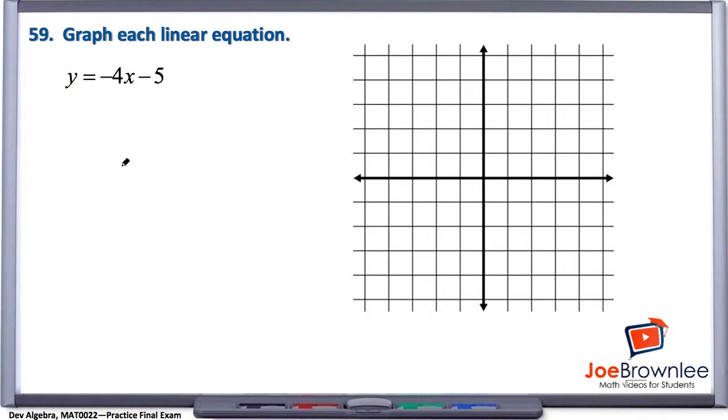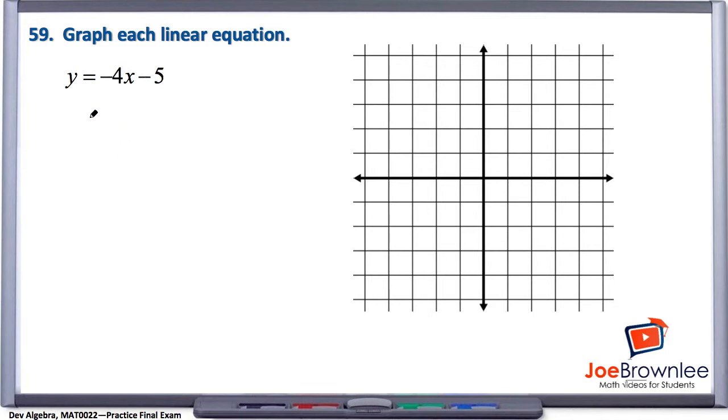So you can put your equation in y equals mx plus b if it's not in y equals mx plus b to begin with. You can choose to find your intercepts. You can create an xy table, choose either x's or y's, and then find the corresponding values. Anything you want to do. But in this case, with number 59, notice that the equation was given to us in y equals mx plus